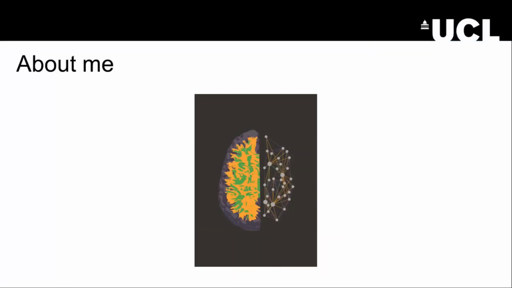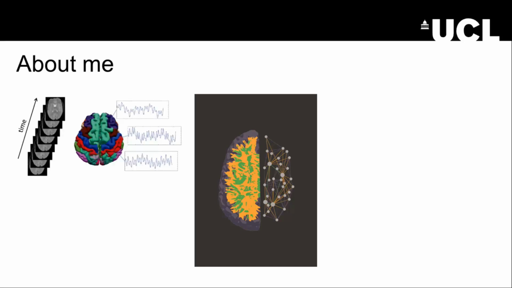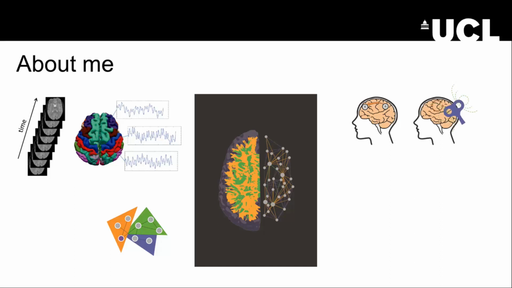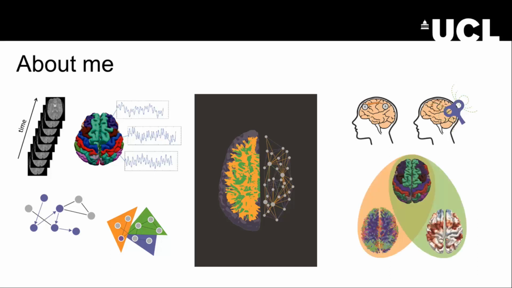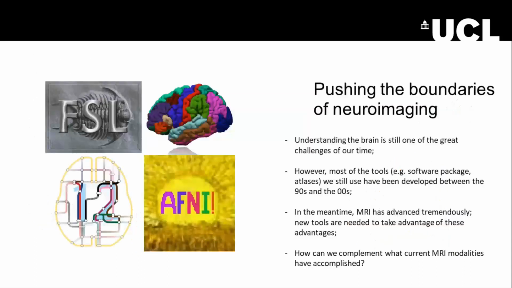So my background is in brain connectivity. My PhD was in brain connectivity, and I started from functional connectivity, doing some graph measures. And then I applied it to non-invasive brain stimulation, such as transcranial direct current stimulation, transcranial magnetic stimulation, and then I decided to focus a bit more on the model underlying this, that is the network model, and try to see what we can actually describe using a network model of the brain and all the MRI modalities we can acquire. And then I had the chance to work on MRI histology, and I picked it as soon as I could,